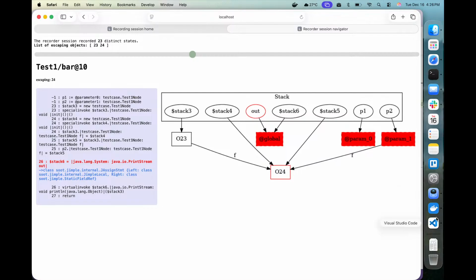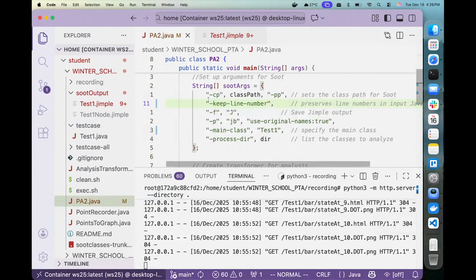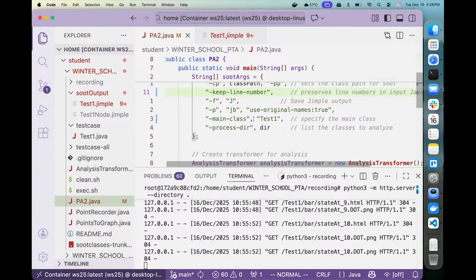What change did we do here? We did 2 changes. Remember, we uncommented keep line number because otherwise all the line numbers were -1, and we did one more change. What was it? Test. The main class name was test1. If you give a wrong main class, it will say I could not find the main class or some such error. Okay,